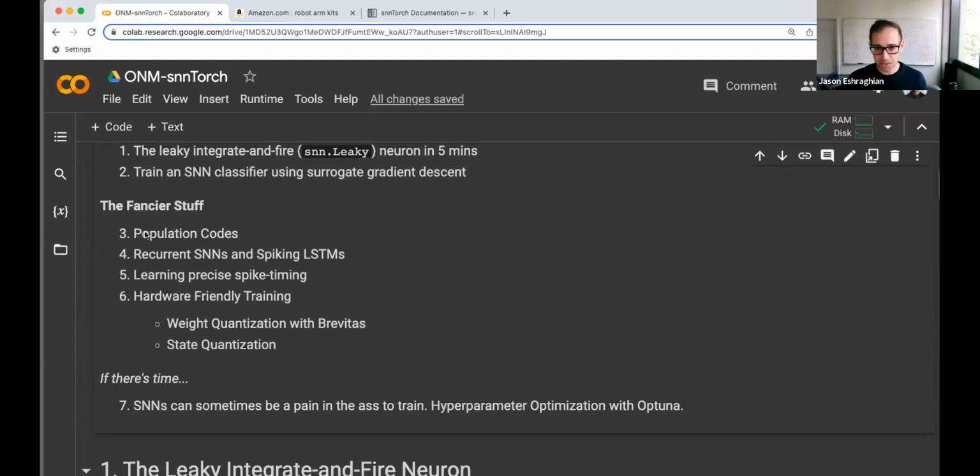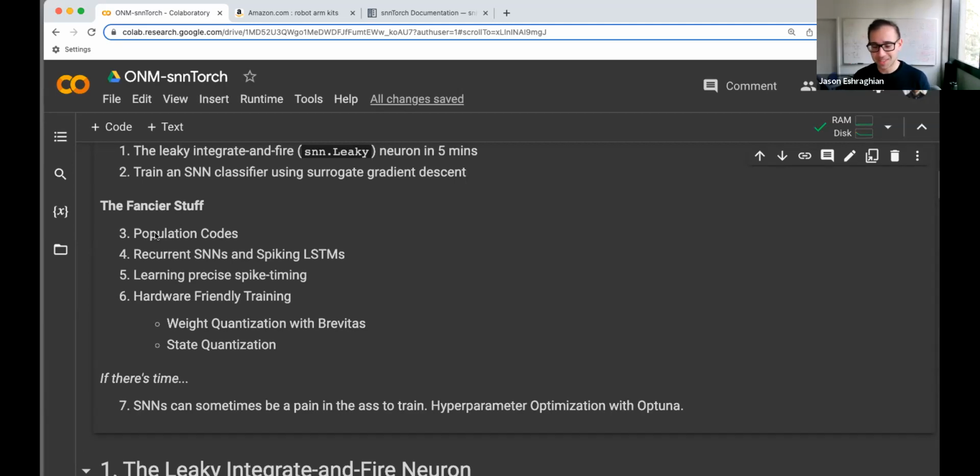Firstly, population codes. The idea is that the brain doesn't encode individual features or concepts into one single neuron. Otherwise, the brain wouldn't be super resilient. Rather, there are probably distributed representations of data, and so information is encoded across multiple neurons.